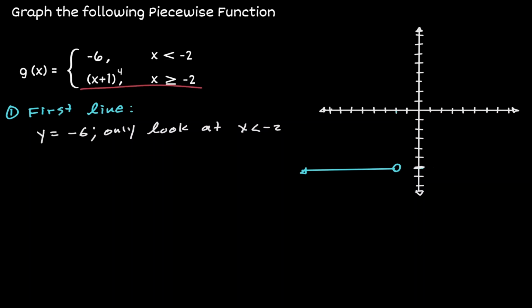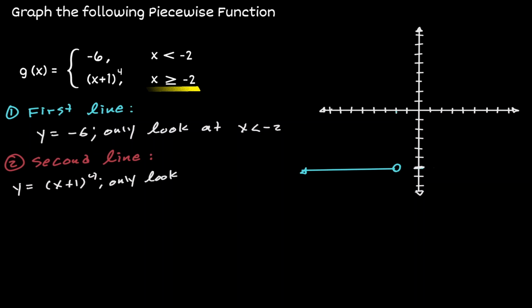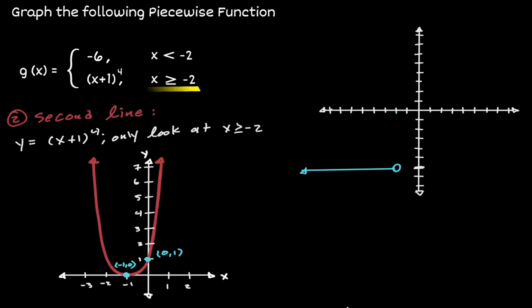So now let's move on to the second line. Here we're going to consider the equation y equals x plus 1 raised to the fourth. But we're only going to consider those x values which are greater or equal than -2. So now let me erase my work from the first line to show what figure we would have gotten if we would have graphed the equation x plus 1 raised to the fourth in our graphing calculator. But we don't want to place the entire graph in the piecewise function that we're trying to draw on the right-hand side. We only want to consider those x values which are greater than -2,